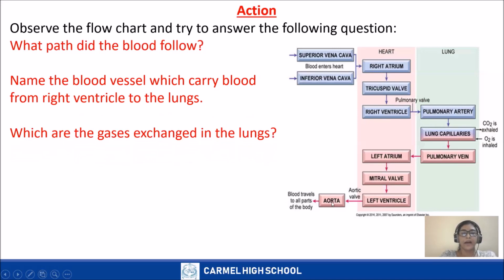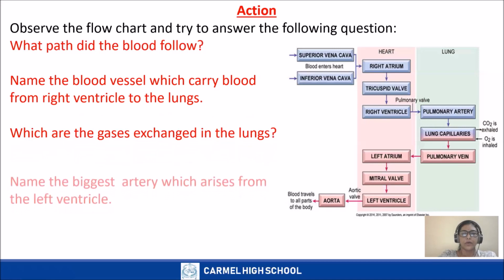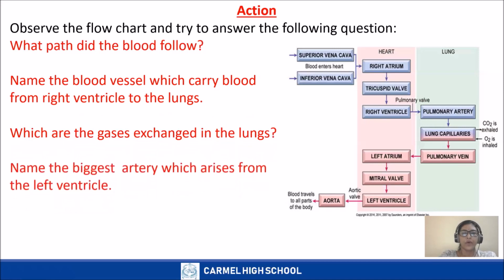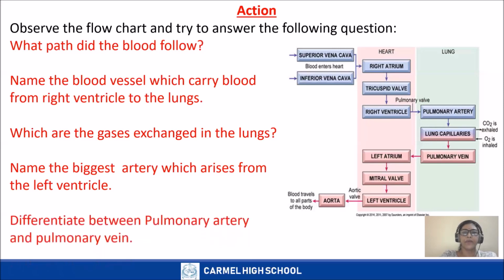The biggest artery carrying what type of blood? Oxygenated blood. Yes, branching throughout the body in the form of arteries and supplying blood to all organs. So this is a continuous process happening. One side of the heart, that is the right side, gets deoxygenated blood, and the left part of the heart gets oxygenated blood from the lungs and again supplies it to different parts of the body.